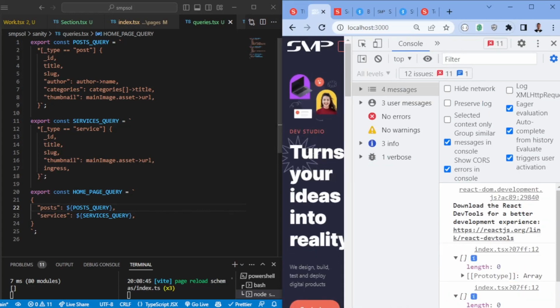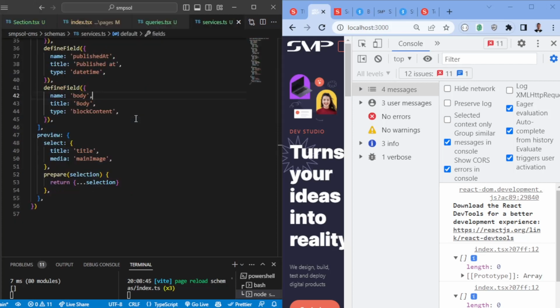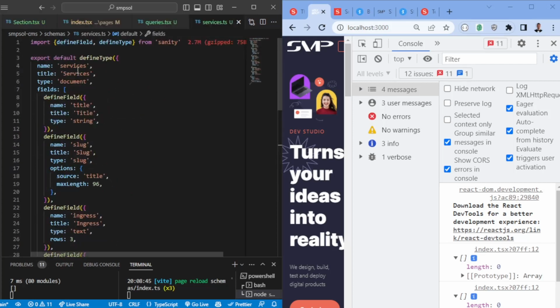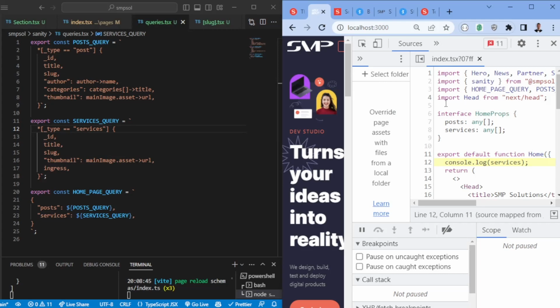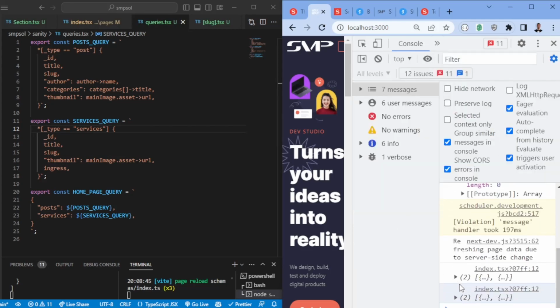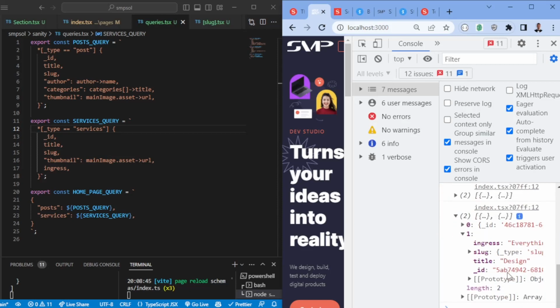We're not receiving anything from the services, so we need to look into what the issue about the services might be. And to do this, we could go with services TS to see, did we really define it as service? No, we did not. It's called services. So the type is going to be services, which makes total sense. So now that we are essentially receiving the two rows of data, we can start sending that down to the,